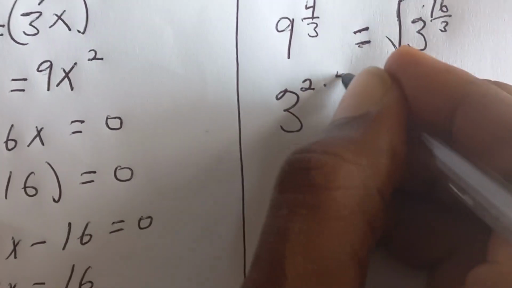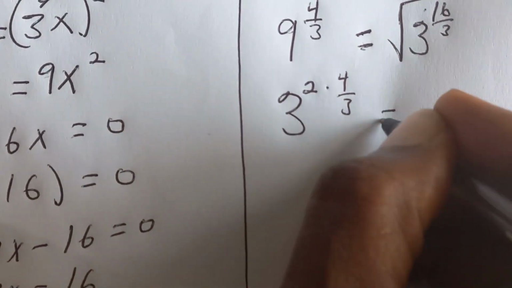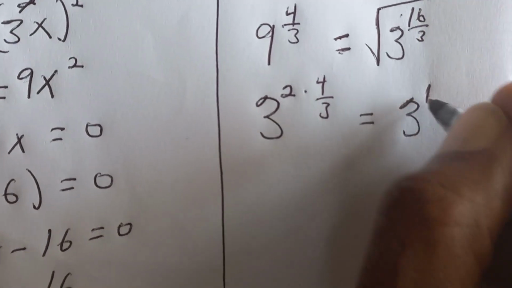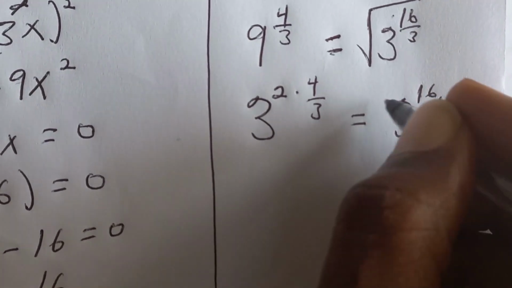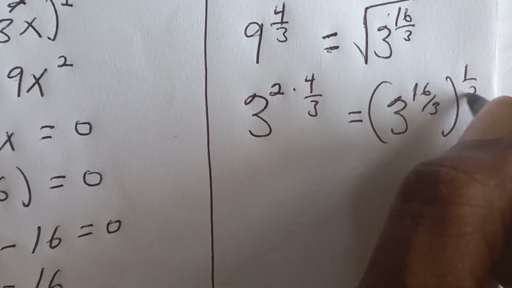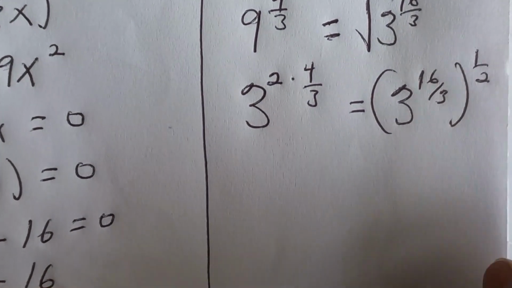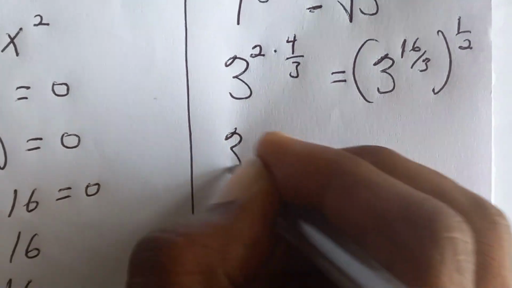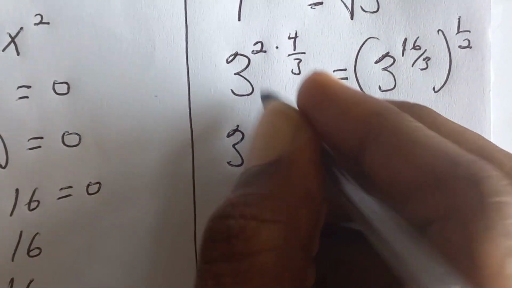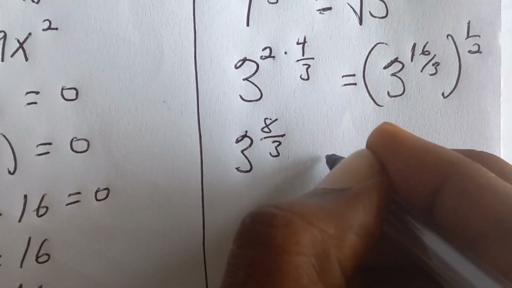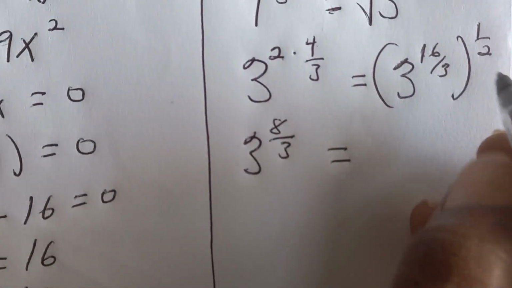Then exponent 4 on 3, which is equal to 3 exponent 16 on 3 into bracket half because of the square roots. So now we're having 3 exponents 2 times 4 is 8 on 3, which is equal to